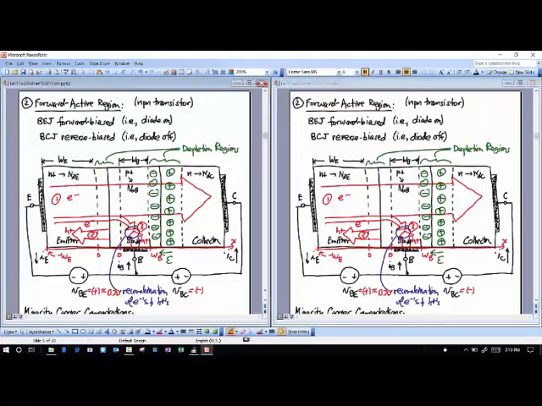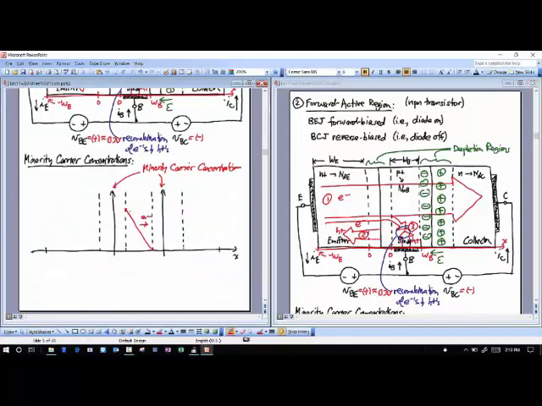Okay, and so if I go down, I started drawing that. There's the concentration of those electrons in that base, right at that base emitter junction. So this is the emitter base junction here, because the base is on that side. This is the base collector junction right there. I forward bias this emitter base junction, so I've got a lot of electrons there. I've got fewer electrons throughout the rest of the base, and in particular at this edge of the base, because I have a reverse bias there. That now has very little electron density.